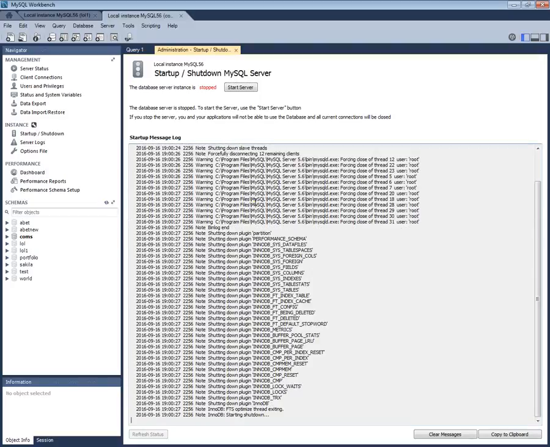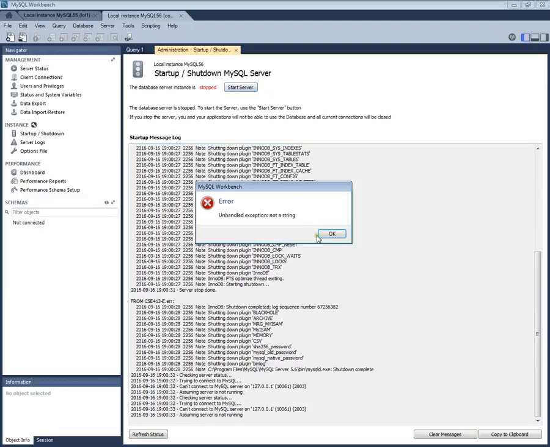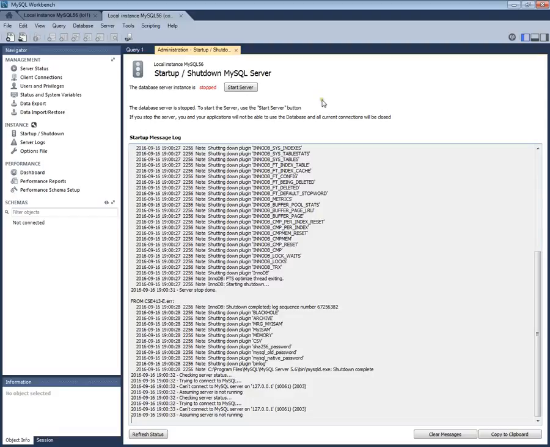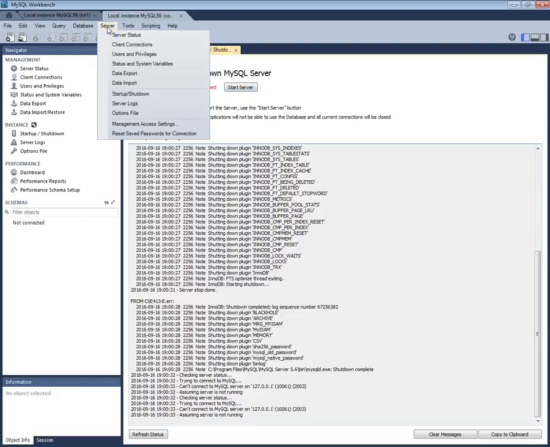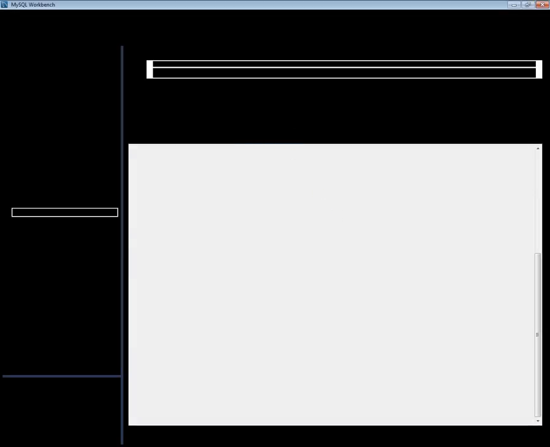Let's assume most of the time when you log in, your server is in this state. Your MySQL server is not started, right? Okay, so let's assume that it's not started. First and foremost, we need to start this server. So again, select the server menu, and there are various options here in the list. We are going to select startup. Click upon it, and it will open this particular page. Click the start server button, and it will again confirm whether you want to start the server. Just select yes, and it will take some time to start up the server,